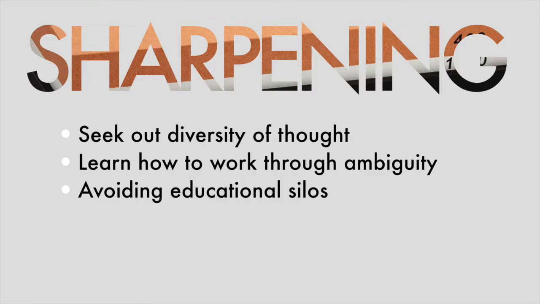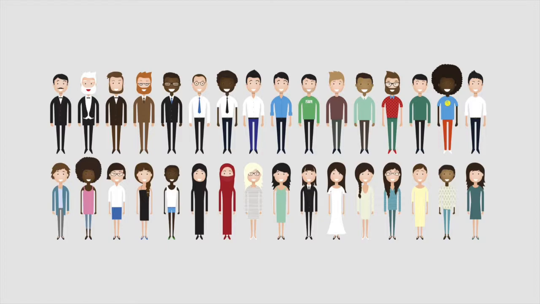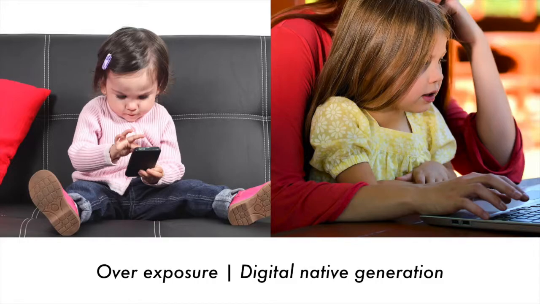And then sharpening. We've got to seek out diversity of thought and learn how to work through the ambiguity and avoid educational silos. The more times a student can be sharpened, to be improved little by little, the better. If students learn from a wide diaspora of people, i.e., they come in contact with multiple sharpening stones, they will be better engaged in and prepared for a diverse world beyond the university. Students need to be exposed to and manage opposing ideas, deal with the ambiguity. The ultimate goal is to teach them how to think, to become self-sharpening knives.